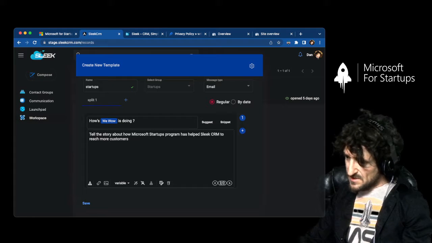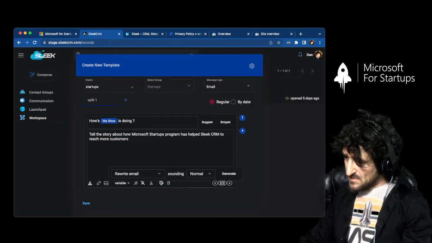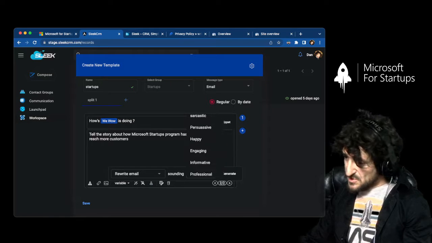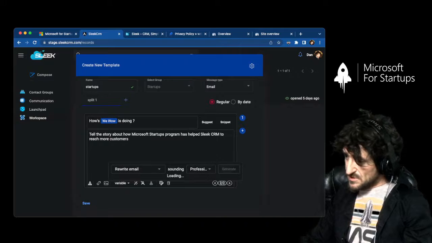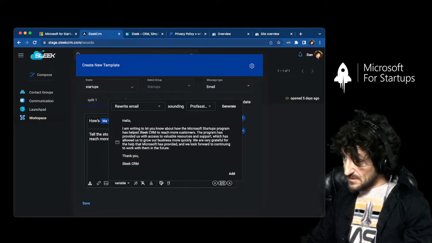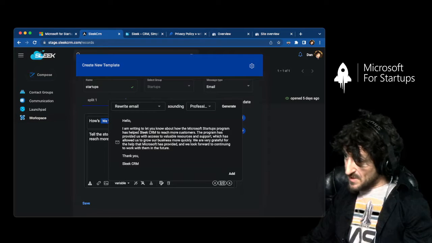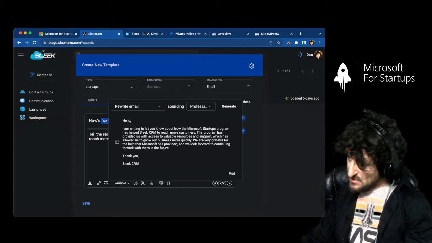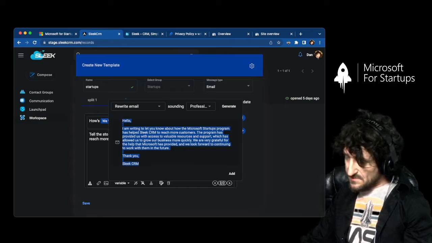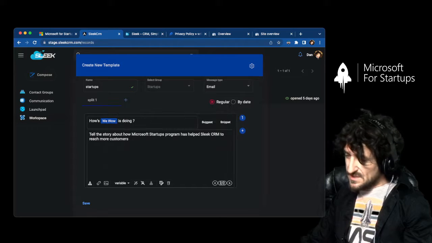All right, so I'm going to click this guy and I'm going to rewrite the email, perhaps in say a professional tone. I'm going to click generate. And as you can see, pretty relevant. I would assume I am writing to let you know about how Microsoft Startups program has helped Sleek CRM to reach more customers. The program has provided us with the access to valuable resources and support, which has allowed us to grow the business, yada yada. So this is pretty relevant. I can go ahead and use that,